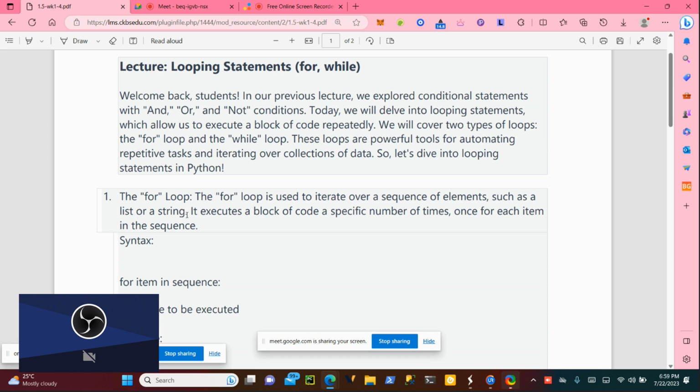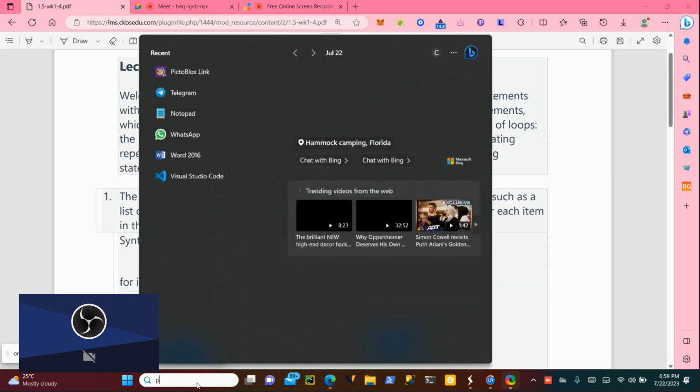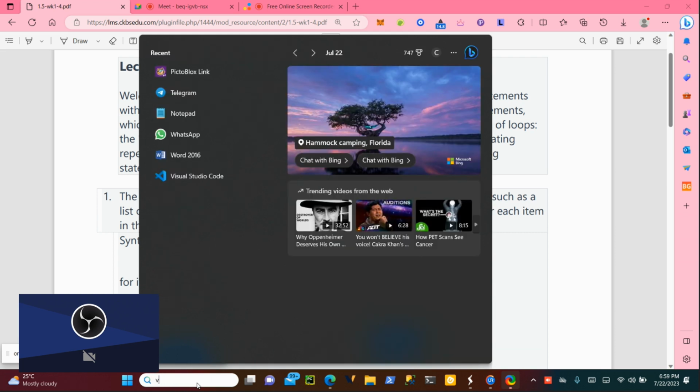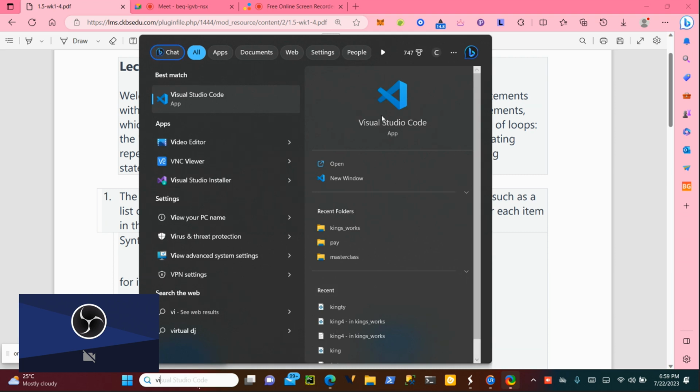If I'm saying the elements of Kingsley, the elements of Kingsley will be what? Who can tell me? The individual characters, because a string is made up of what? Characters. A string is made up of characters. So if, for instance, let me show you this. This is my code.